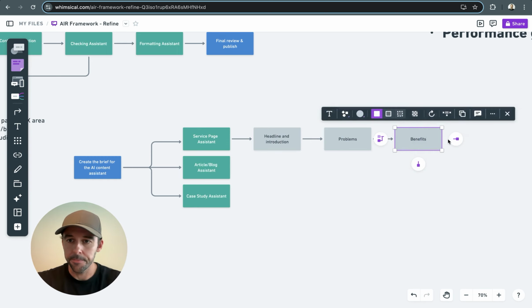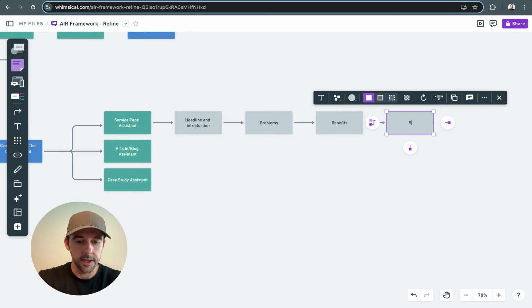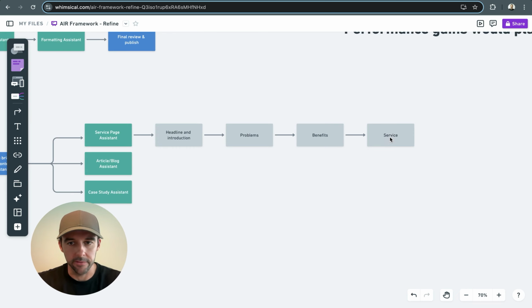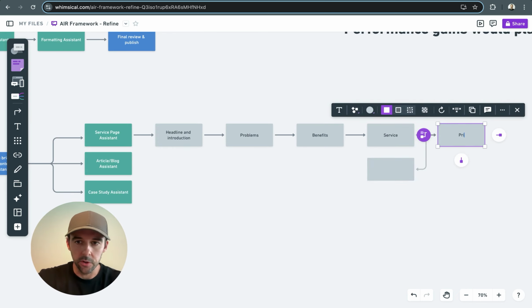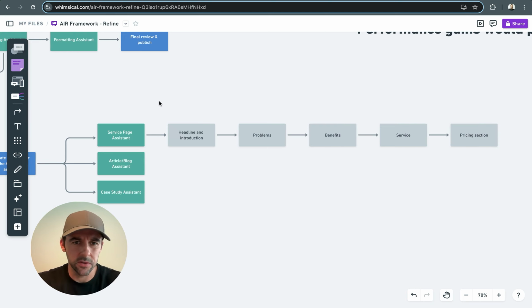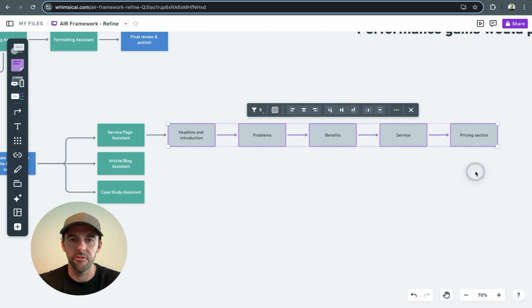Then there would be a service section, which explains about the service. So how does the service work? And then there would also be some sort of pricing section as well. So you can see it was very specific, the type of page that was being built for this type of